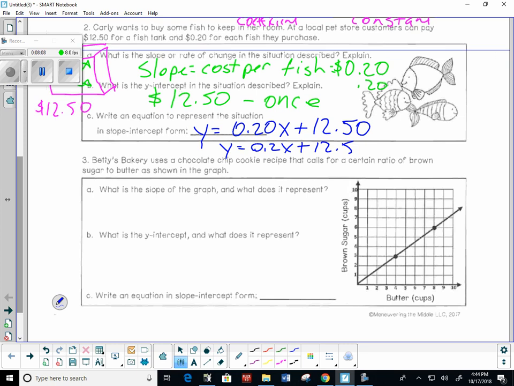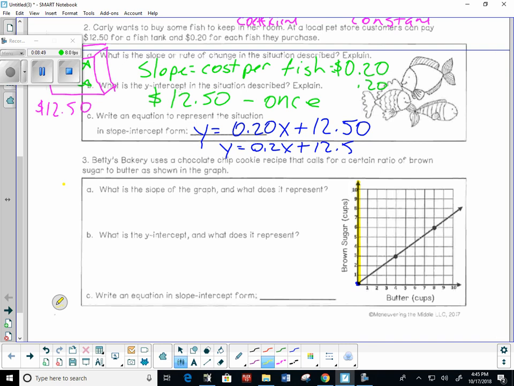Okay, so Betty's Bakery uses a chocolate chip cookie recipe that calls for a certain ratio of brown sugar to butter as shown in the graph. Okay, so guys, what kind of a graph is that? You see that we have a y-intercept anywhere along this line. Let's see, we can highlight. Does the slope line pass through anything besides what? The origin. Okay, so when we're looking at a slope and we've got a proportional relationship,